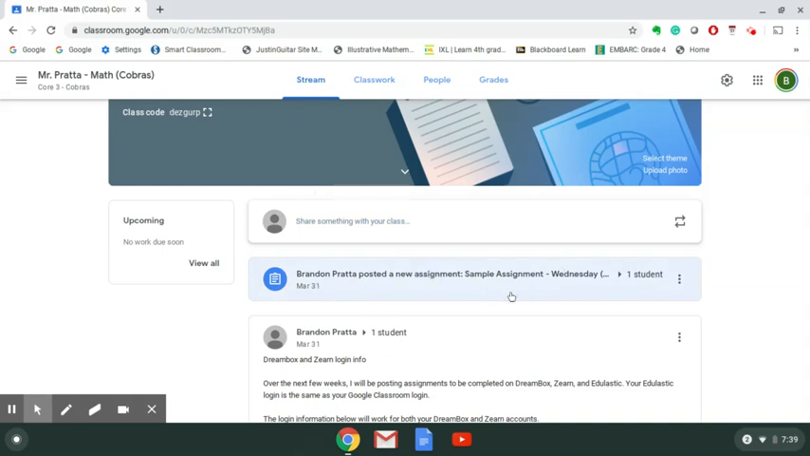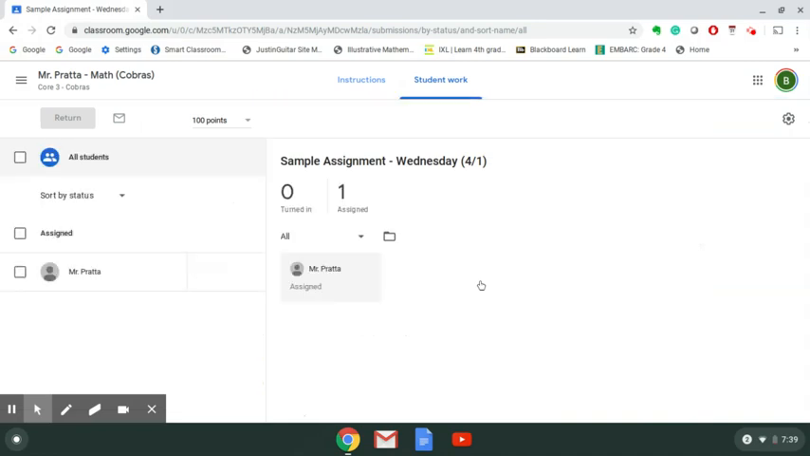Now, this is just a sample assignment just for today. I just want to show you what this will look like moving forward. So if you click on the assignment,